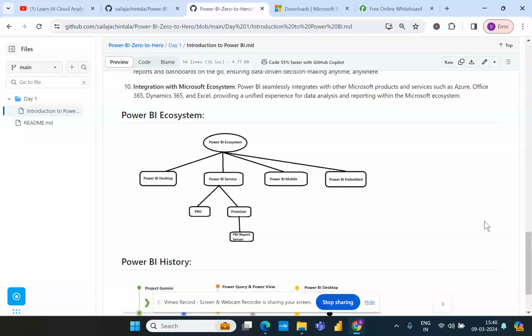We will see as we go along the series how you can get an account created free of cost, and I will also be providing all the details to you. But like I said, Power BI service is a cloud application which is available as a software as a service product. This is the business intelligence service which is mainly designed to help users visualize and analyze